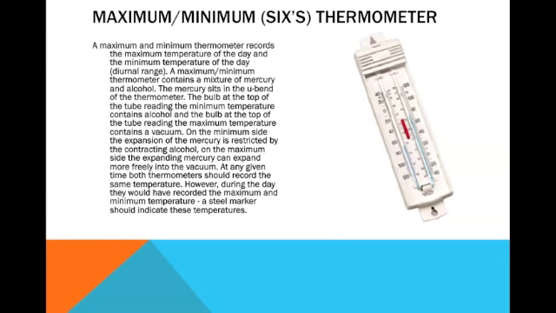A maximum minimum thermometer contains a mixture of mercury and alcohol. The mercury sits in the U-bend of the thermometer. The bulb at the top of the tube reading the minimum temperature contains alcohol, and the bulb at the top of the tube reading the maximum temperature